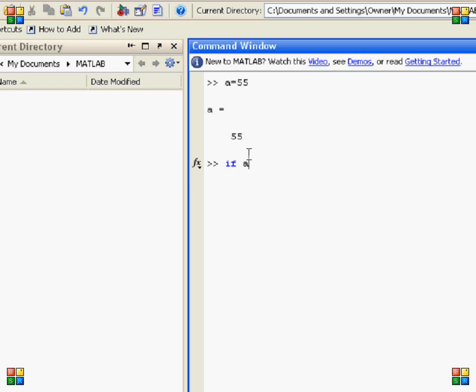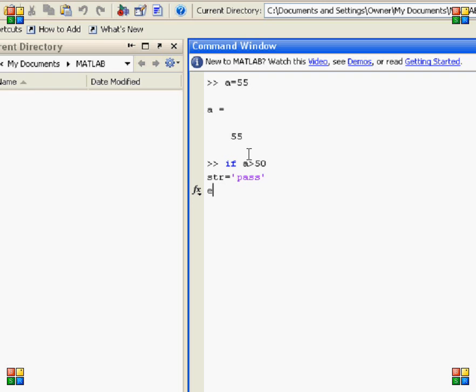If a is greater than 50, if my marks are greater than 50, then I want to create a variable str and assign it a string that will contain that you are pass.